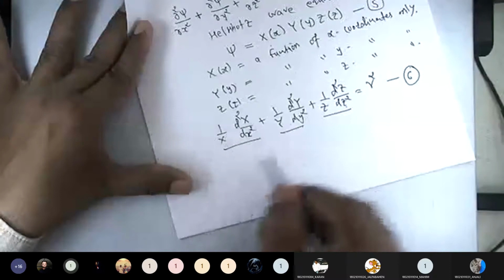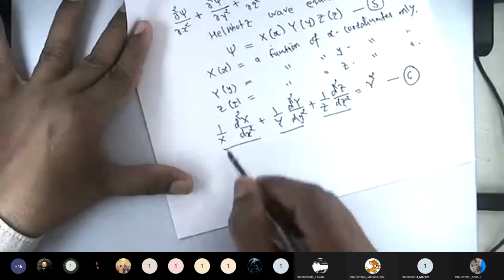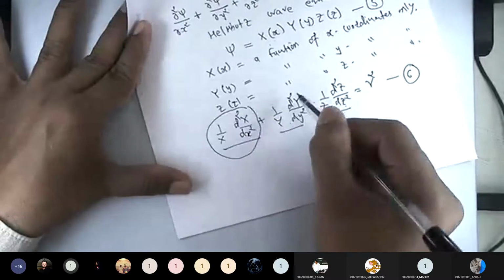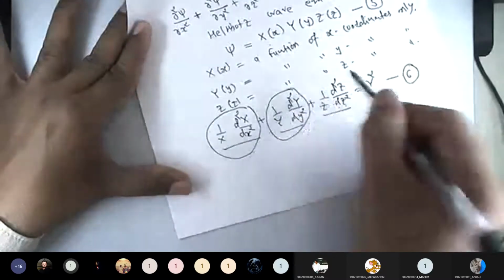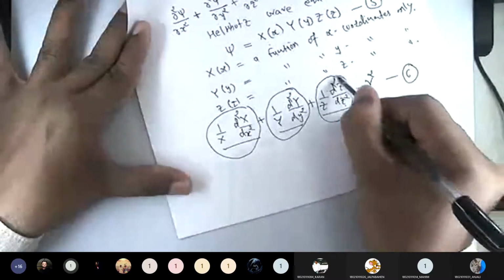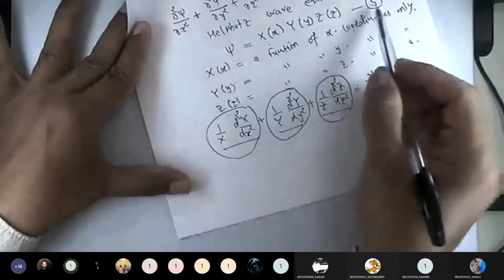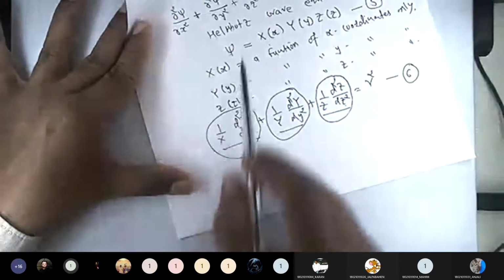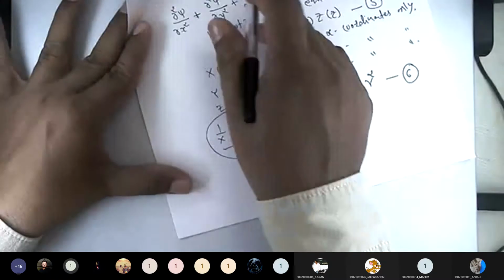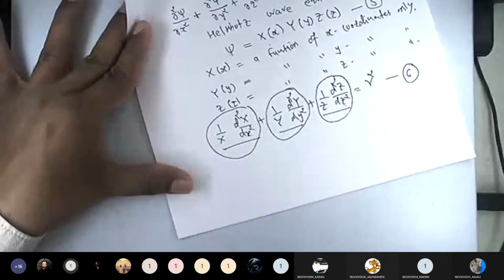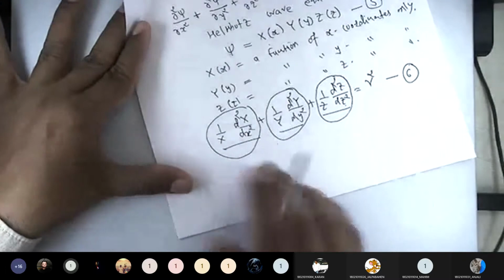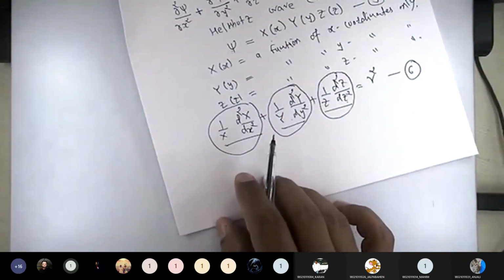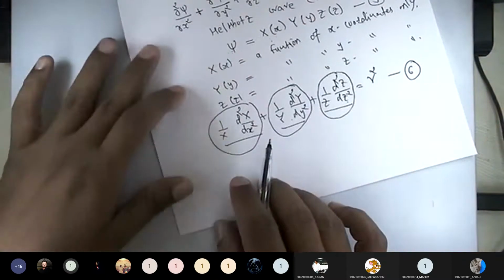So if we find the individual solutions of these equations, then we can ultimately find the variable that we are looking for, which is nothing but the psi. And once you know the psi, we can find out the E and H. For solving this part, in our previous class we have seen that we have used one variable,